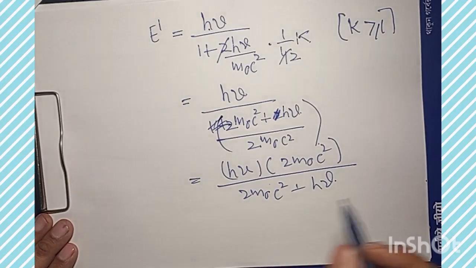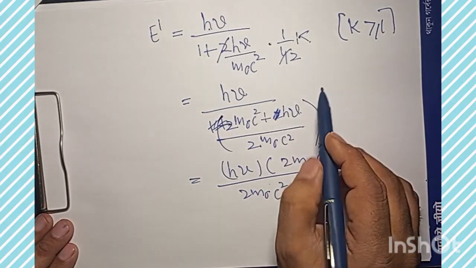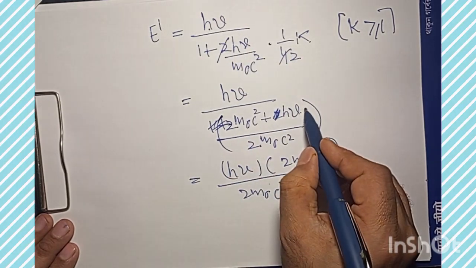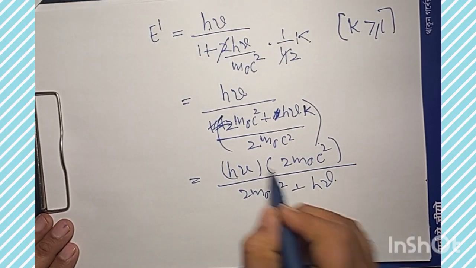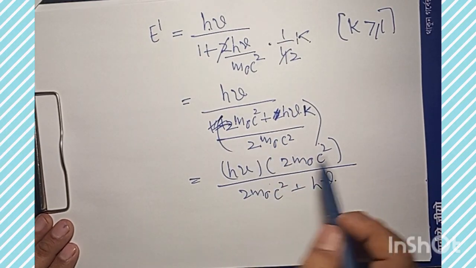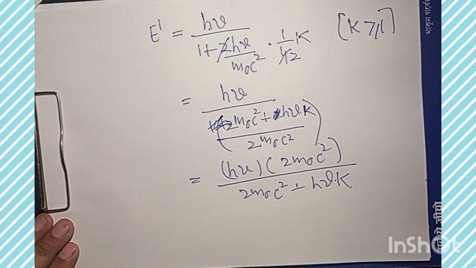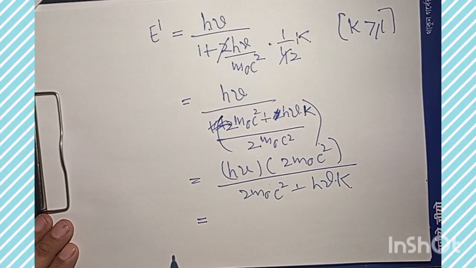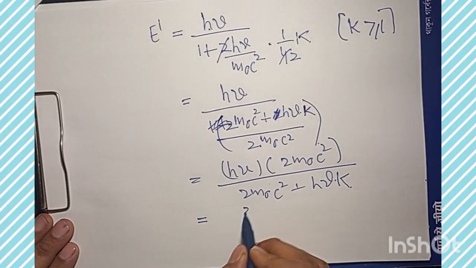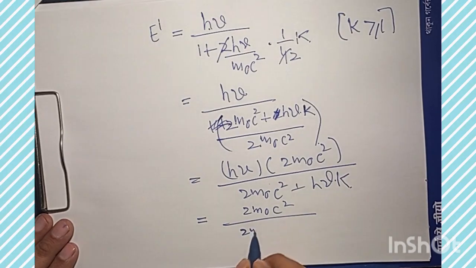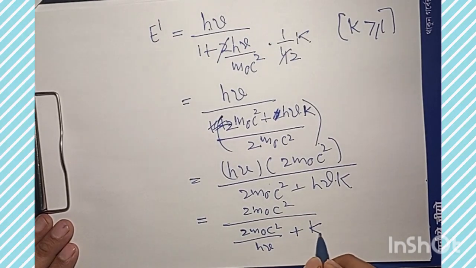And where is k? So k will be here. Okay, so what I should do from here is divide numerator and denominator by h nu. So what will I get? I will get twice m naught c square divided by twice m naught c square by h nu plus k,